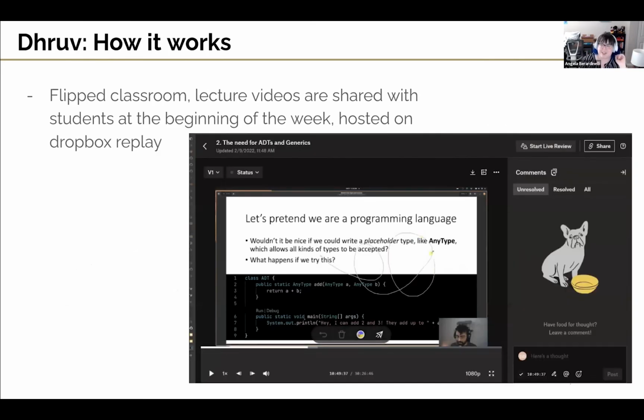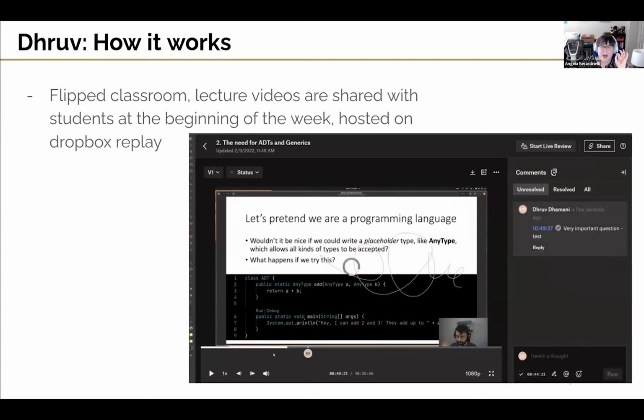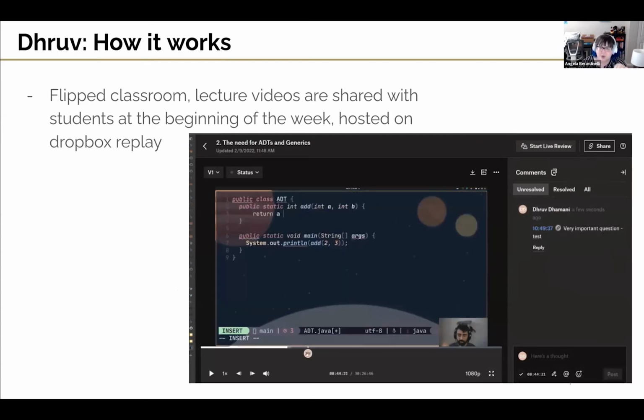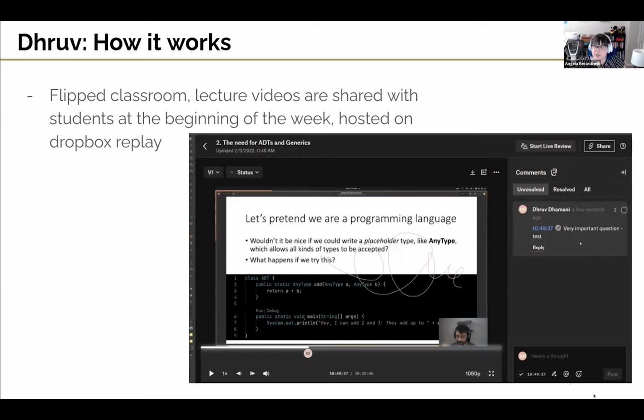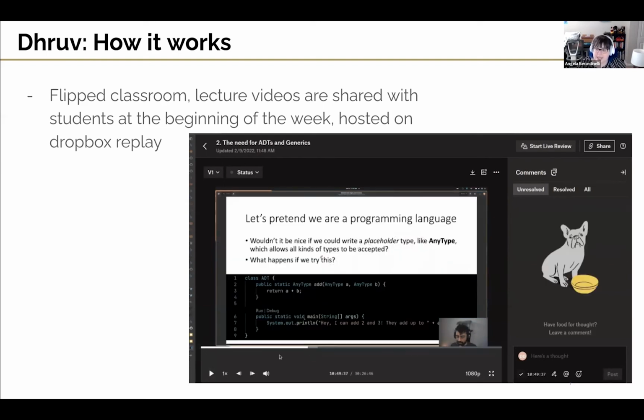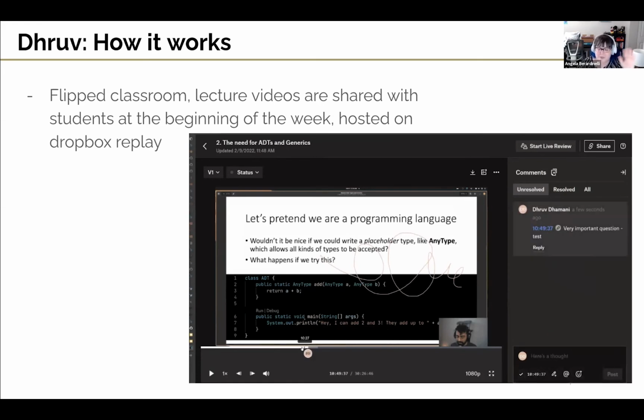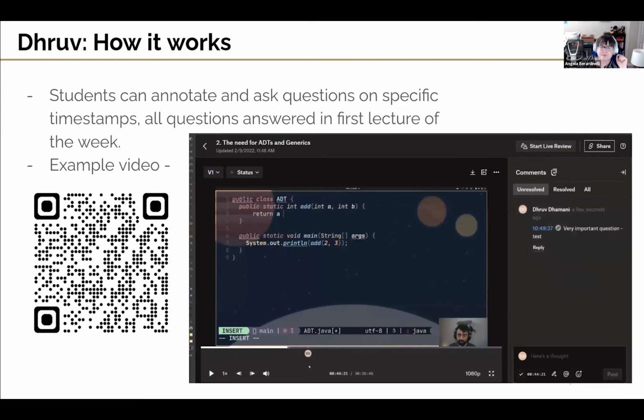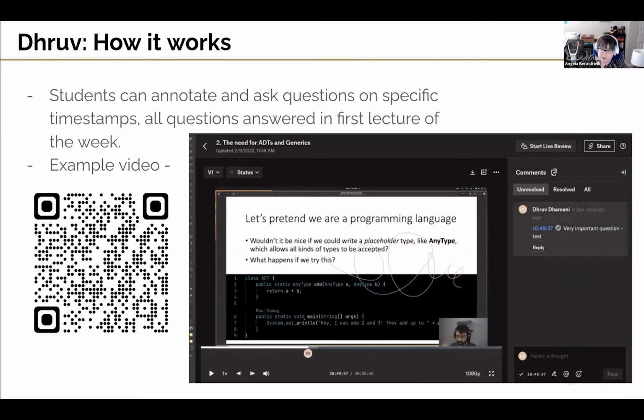He has some more details here I will go through quickly since this is a much shorter presentation, but he uses the flipped classroom approach. I made him include this slide because I thought this was such a cool tool. He uses Dropbox Replay for his recorded lectures, which allows students to, you can see the demo here, annotate at specific points in a video. They can add comments, they can draw on it. It's very cool. I want to find out if Dropbox is the only and the best way to do this, but it's a very cool idea. And he uses this to get questions during the first lecture of each week.